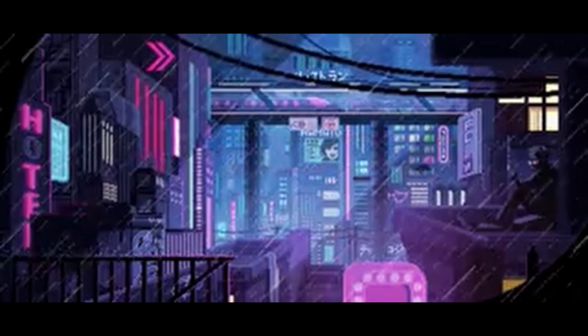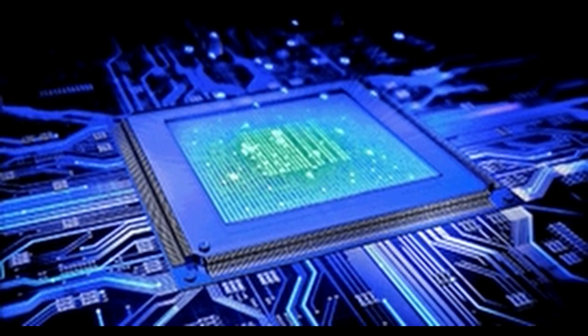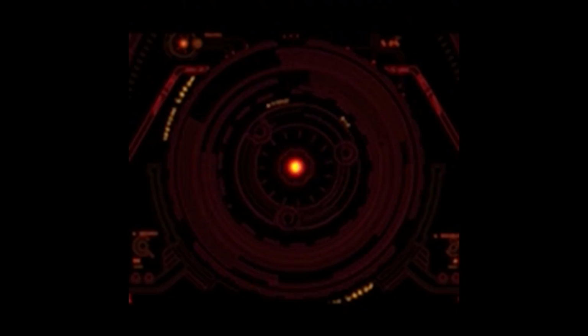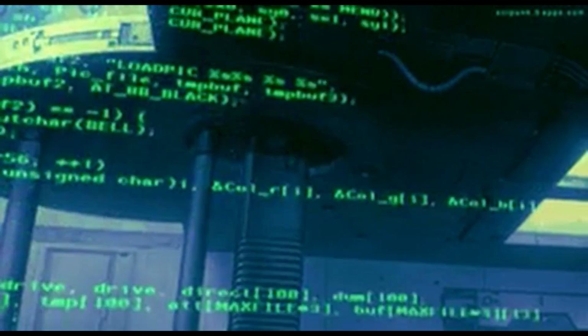Central limit theorem (CLT). The central limit theorem is one of the most fundamental theorems in statistics. It states that when you have a large sample size, the distribution of the sample means approximates a normal distribution, regardless of the underlying population distribution. Key points: applies to independent, identically distributed random variables. As sample size increases, the distribution of sample means approaches a normal distribution.